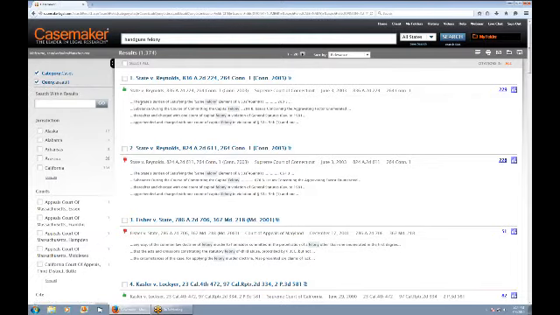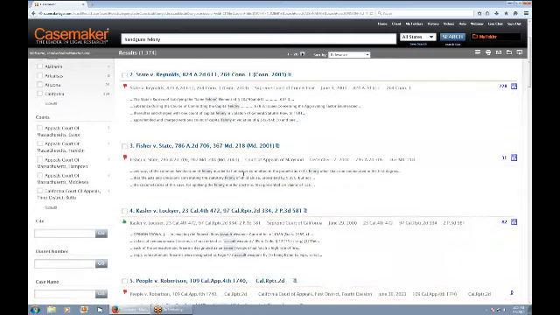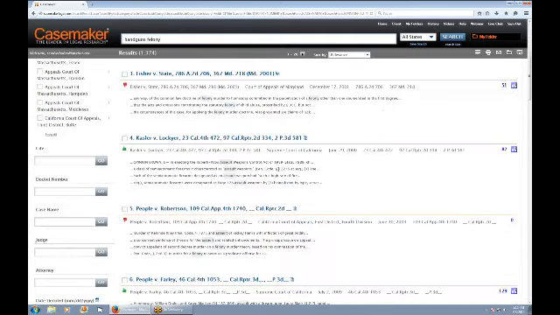Let's take a look at the results now. By default, the results are sorted according to relevance. However, you can change that using the dark gray toolbar by clicking on the Sort By option. We also offer date decided, number of times cited, and state in ascending or descending order. The dark gray toolbar also provides the opportunity to download, save to folder, email, print, and view details. View details is referring to these contextually relevant snippets of information that you can see below each of the search